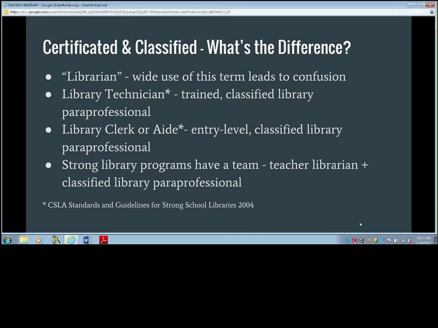A certificated teacher librarian possesses a valid California Library Media Teacher Services credential issued by the Commission on Teacher Credentialing, and you will hear more about that when we hear from CTC. Even though classified staff are not reported in CalPADS, it is important to understand and recognize the differences and avoid misreporting. We have heard about teacher librarians and what they do, and let's quickly consider classified library staff.